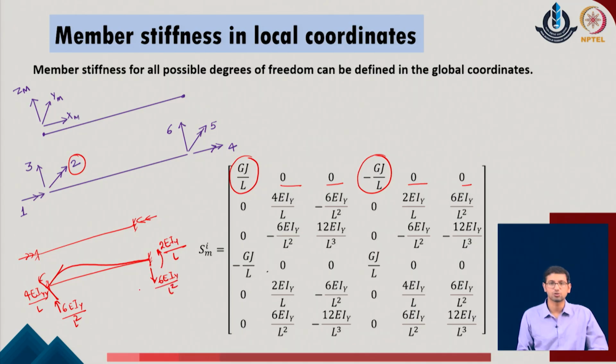And we substitute these values corresponding to node 1. We have the first component 0, the second component as 4 EI upon L, positive in the direction, the third component as a component which is downward, I think. So this component I think will be coming out to be downward over here, and this will be coming out to be upward in the given system. As per the rotation sign convention the way we have defined, I think I'll just switch it.